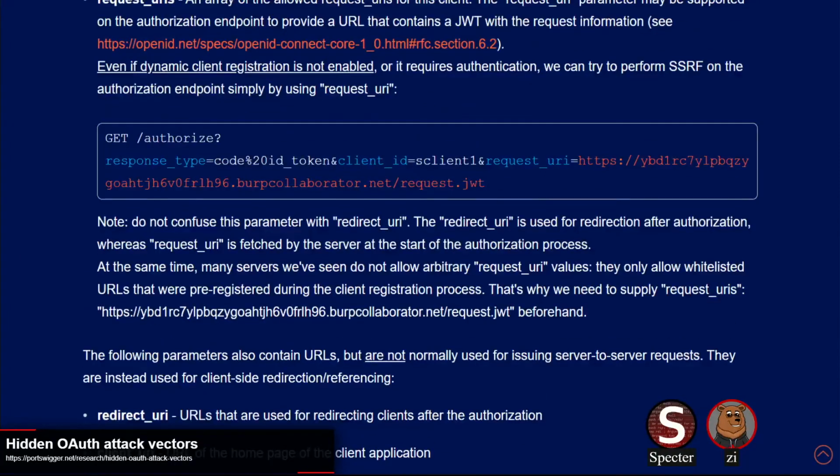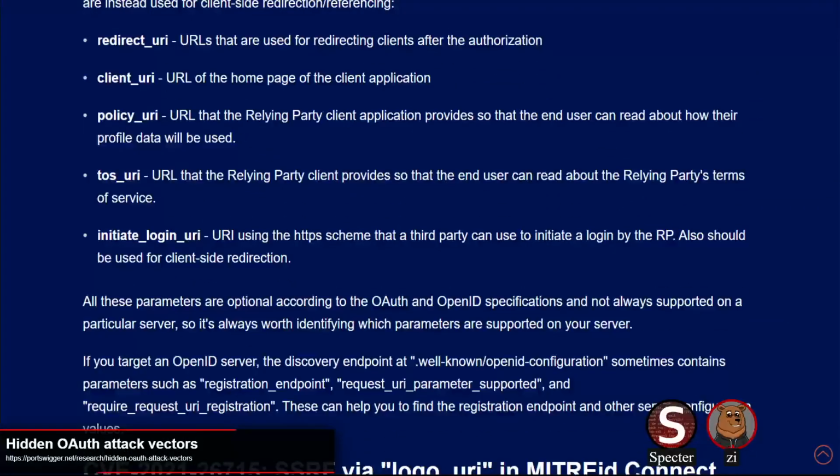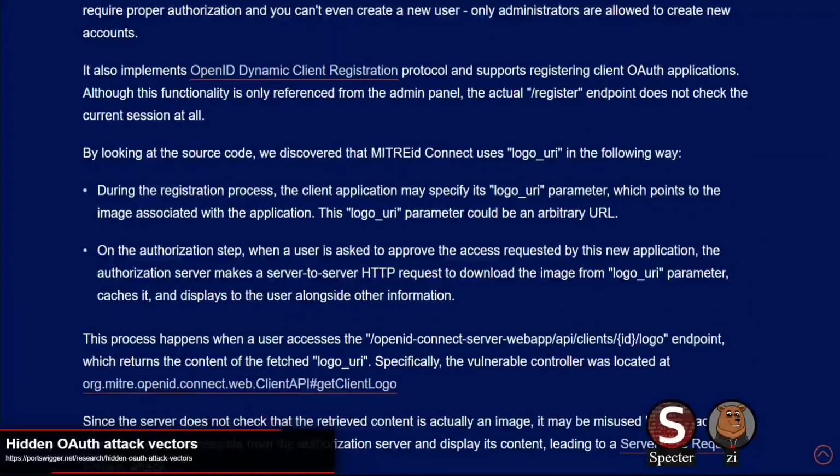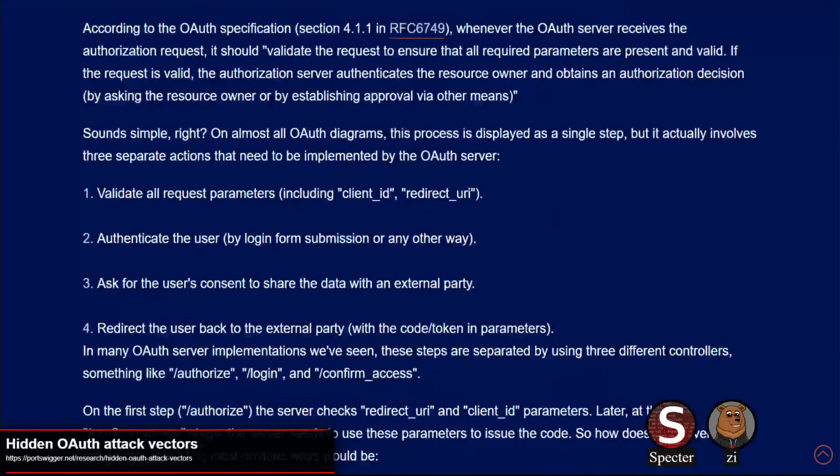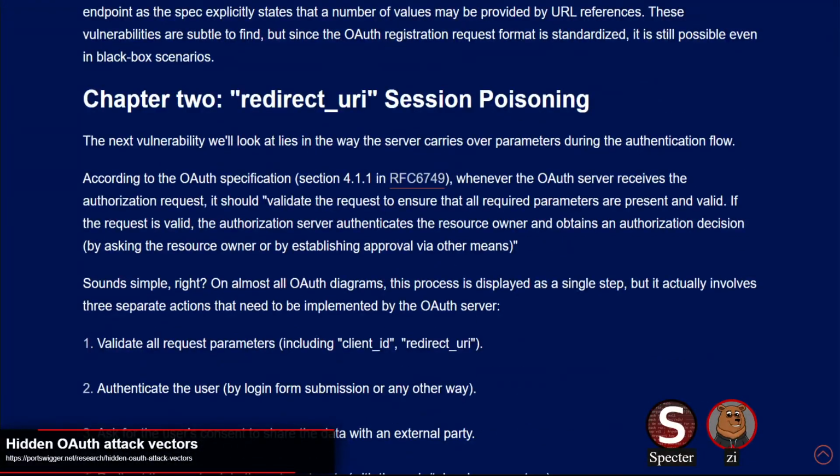Mitri ID was the application name, but it's at least an option. So that's kind of one of the things I appreciate about this. They provide a lot of things that maybe they didn't find, but you should be looking at if you're doing an assessment against an OAuth provider. So sorry, did you have something to add on there, Spectre? Nope, that's all good. If you're going to move on to the second issue, go for it. Yeah, I was going to move on.